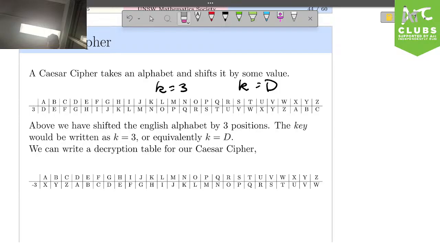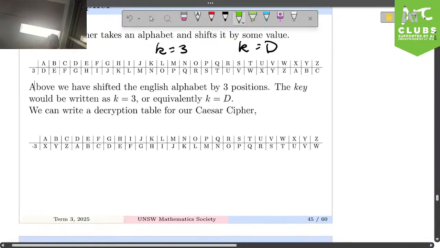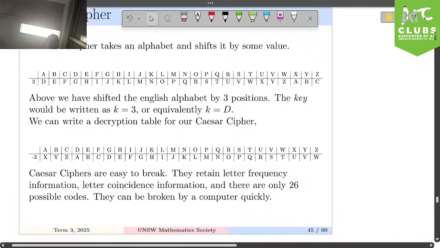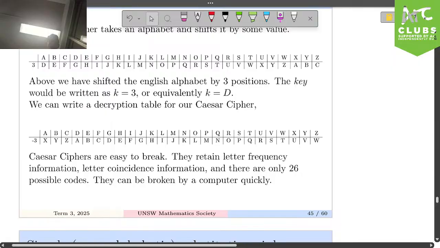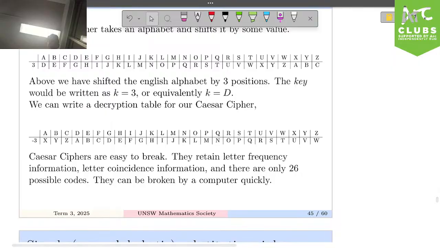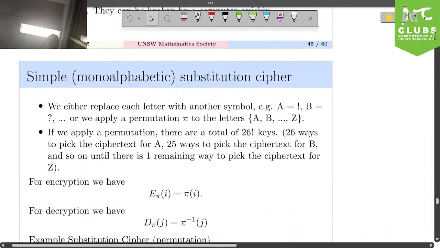To decrypt the Caesar cipher is pretty easy. All you have to do is subtract 3. That's it. But it's actually also very easy to figure out what's going on. The reason for this is that it doesn't change the letter frequencies. So that means that if there are a lot of E's in your original message, and I shift it by 3, your E's are going to go to H's. And so there's going to be a lot of H's in your final message. So I can guess, oh, the shift is probably equal to 3. And I guess that we're done, right? We've decoded your message, the villain wins. So it's not the best.